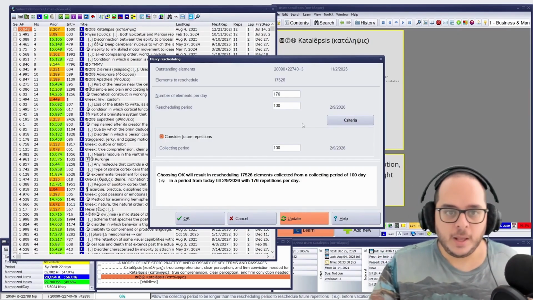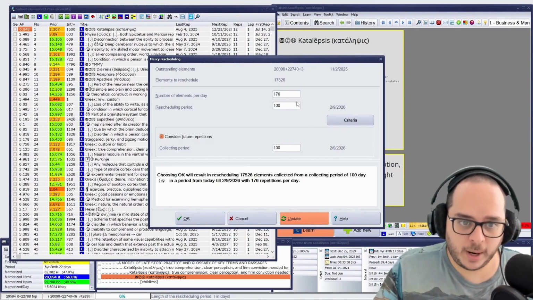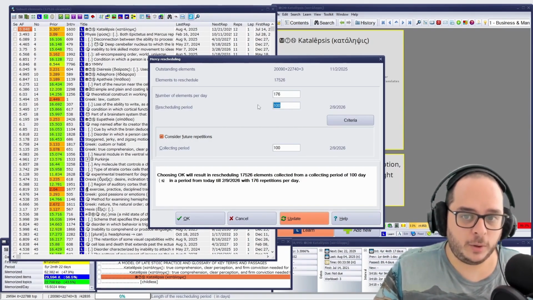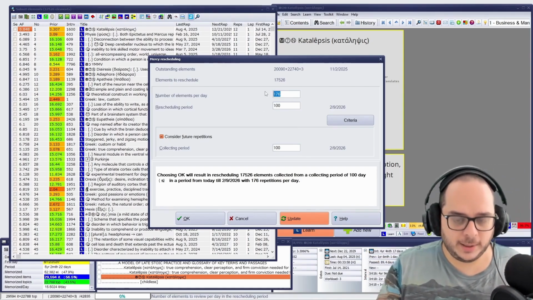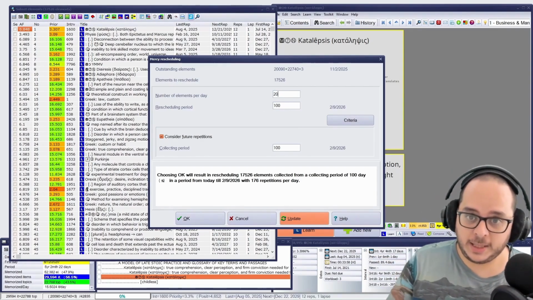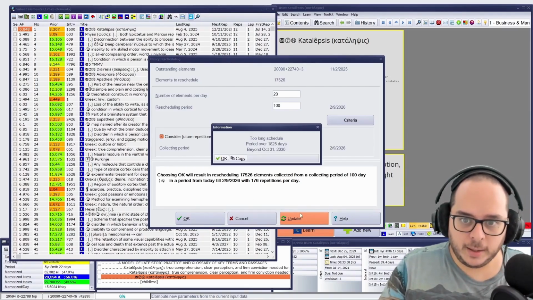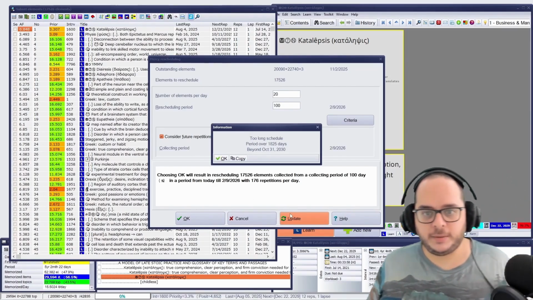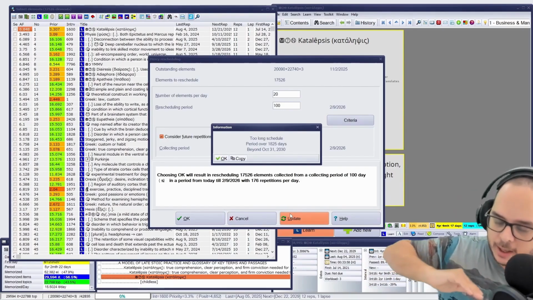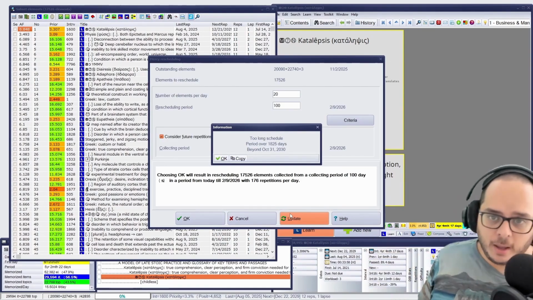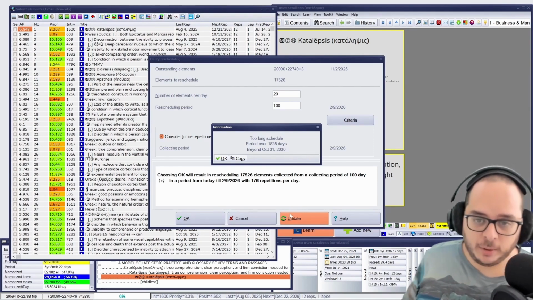Awesome. Then we can also do the other way around. Not how many days I want to spread, but how many elements I want per day. Say I only want 20, Anki style, right? Then it says, hey, too much. There's a limit. You can reschedule. You can spread. Spread is one way to reschedule, and it's